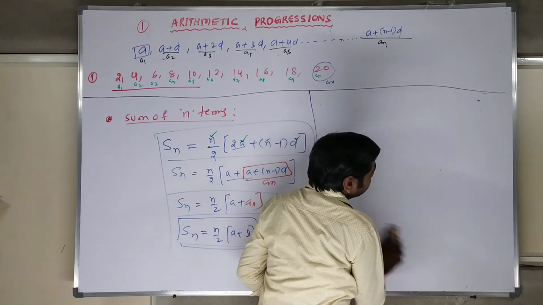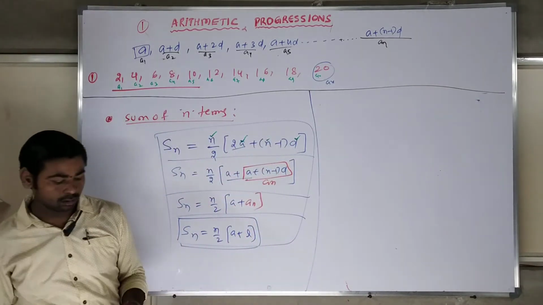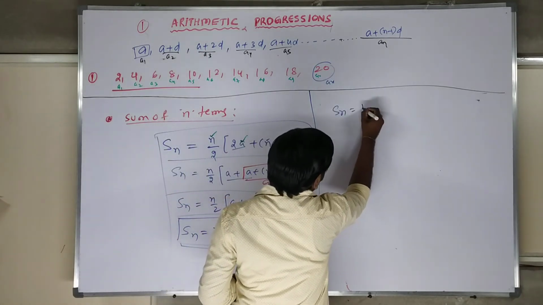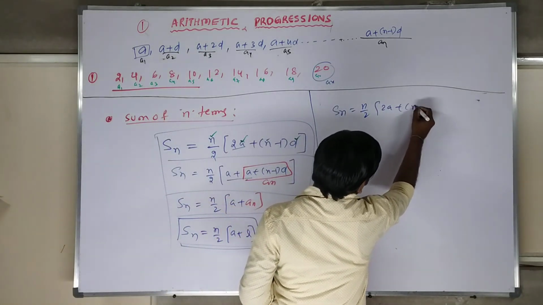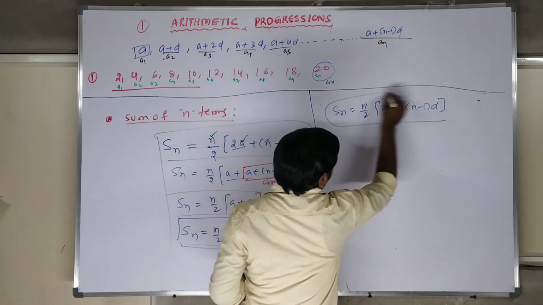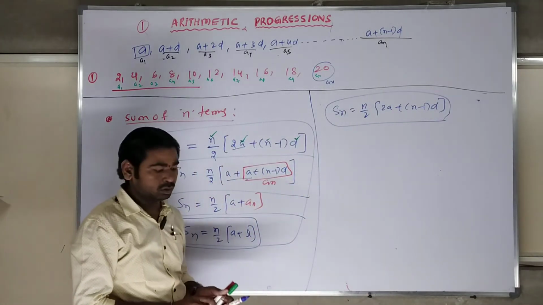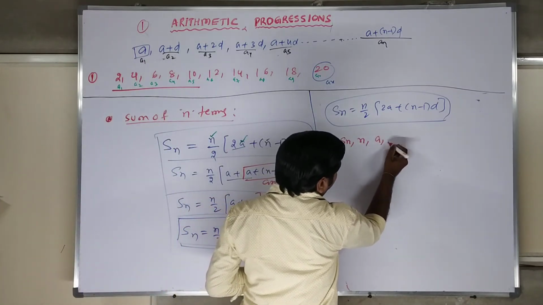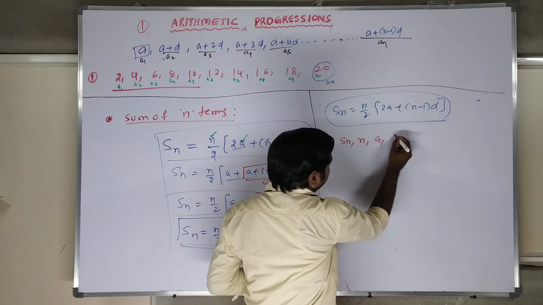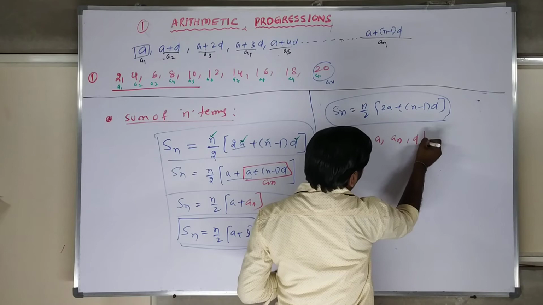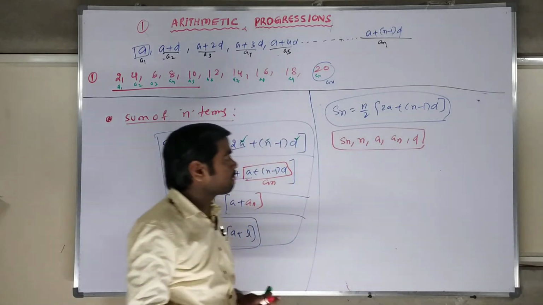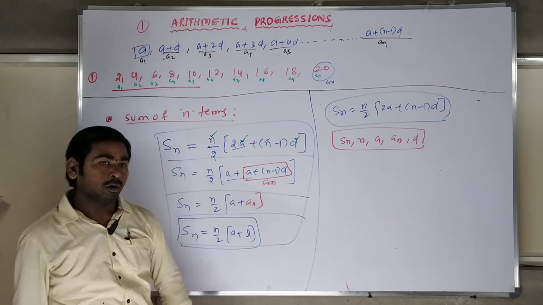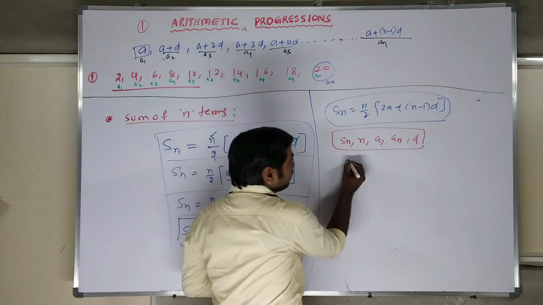Next, model 2: calculation and examination. The questions are very simple. If you take the formula here, Sn is equal to n by 2 into 2a plus n minus 1 into d. So in this, what are the terms in the question? We have Sn, we have n, we have a, sometimes you can write it as T n also, and d. Whichever terms are required, when you open this, you will get this. If you observe this case, we have only 5 terms. Out of the 5 terms, in examination they will give any 3 terms.